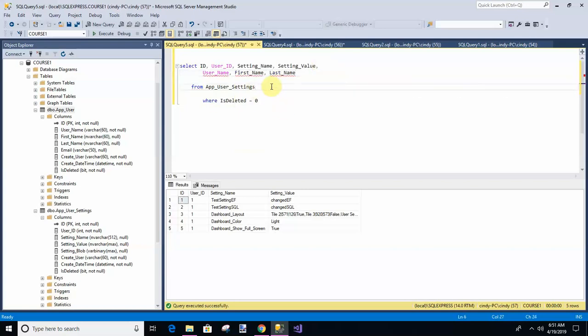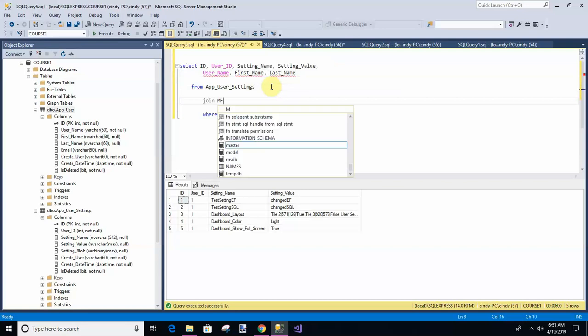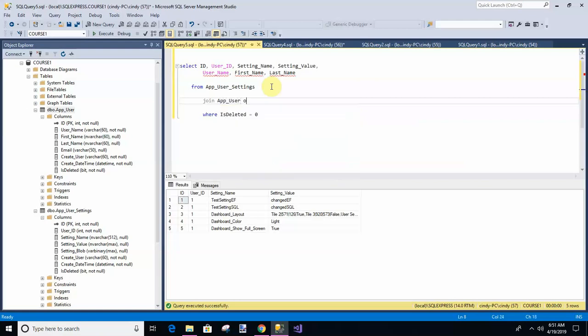And then we're going to join, and just the plain join, if you don't use any prefix to it, is just going to mean they have to all be there. So we'll say join MFG, no, wrong thing, app user on